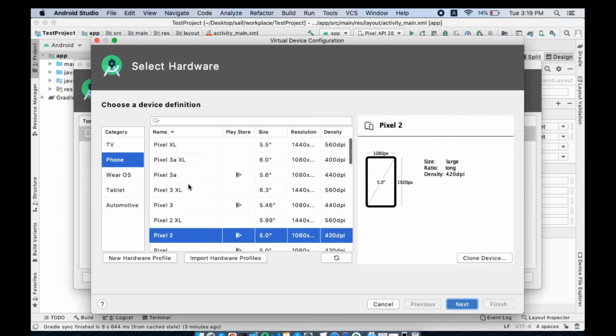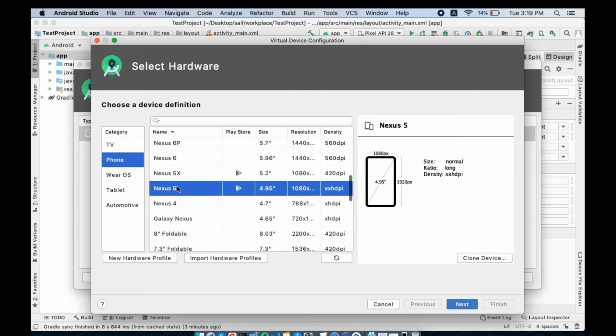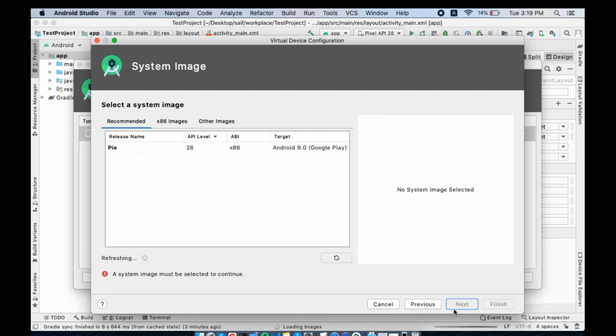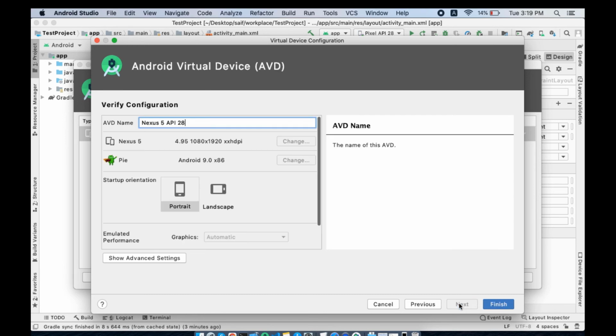Here you will need to select a device for which you want to create the emulator. Let's say I select Nexus 5, press next, and here we need to select the Android version which should run on our emulator. I will select Pie API 28 and press next.